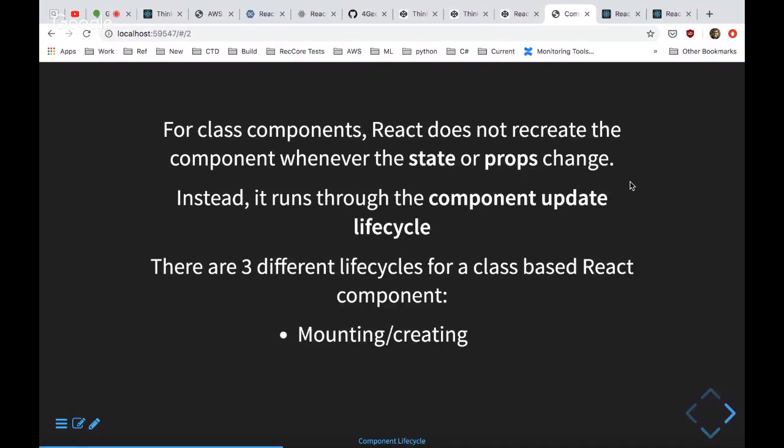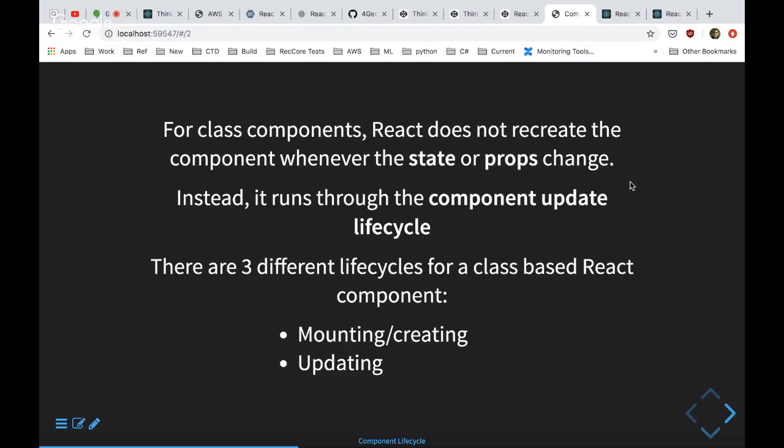Creating. You can think of this as comparable to, if you've worked with objects, when you new up an object. Mounting and creating is pretty much newing up the object. Then the next one, and this is where a component spends most of its time in a React application, is updating. Usually you mount or create it once, and then most of its time is spent being updated.